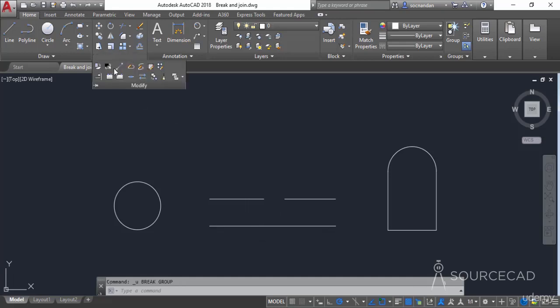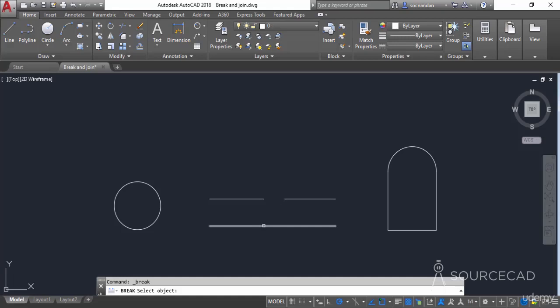Let's press Ctrl Z to get back to the original geometry, and I'll select the break tool once again. Now I'll once again select the object, but in this case you need to select the object in a specific way. Let's say that we want to break this object in such a way that the gap is created of this length. So the gap should be equal to this length, which we have here. For that, select this object, but make sure that you click at a point which is close to this point.